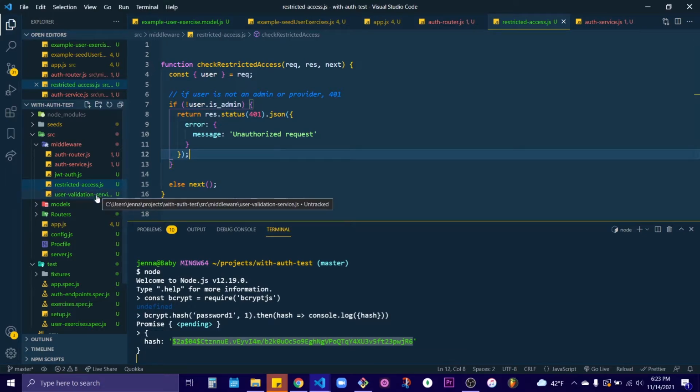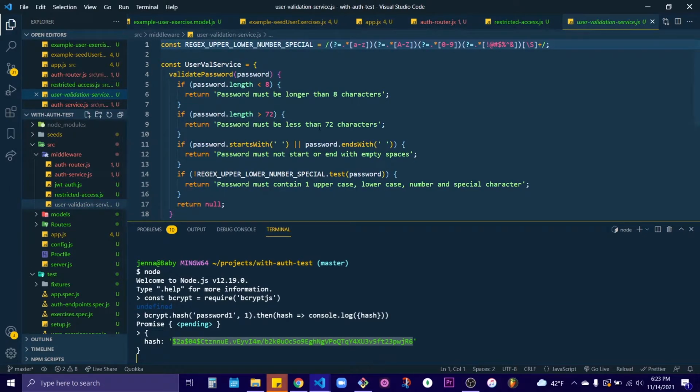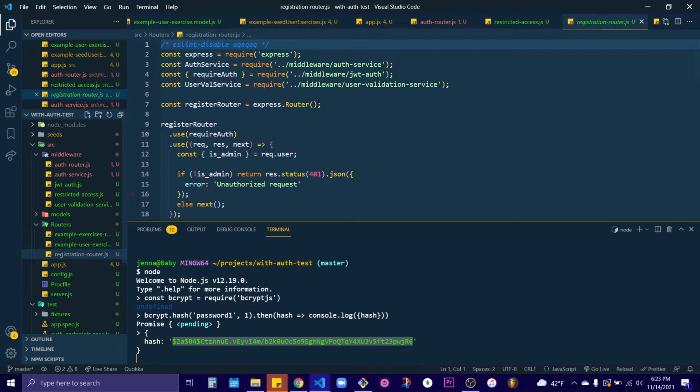And then this user validation service, this is really short, but it's messy, so that's why it's its own file. This is a part of the registration. So I'm going to very briefly touch on the registration router, but I don't want to go too far into that because, like I said, I want you to play with it, right? But the registration router is